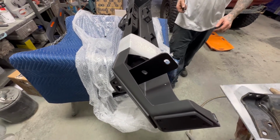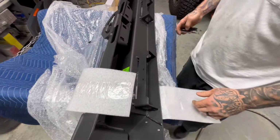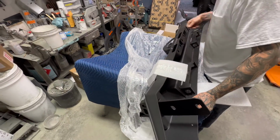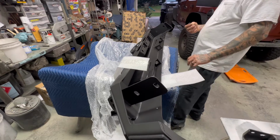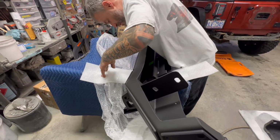But guys, seriously, look at the finish on this thing. It's not a bad looking finish at all. Very, very smooth. It's braced up well, and I think this is still one of the only truly tow rated bumpers you can get for the Wrangler. There's a few out there, but most of your